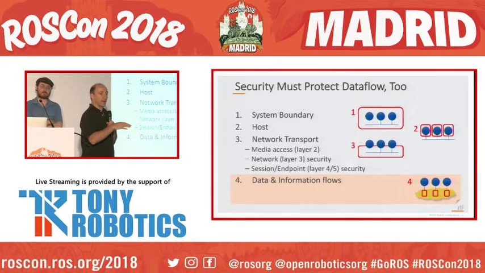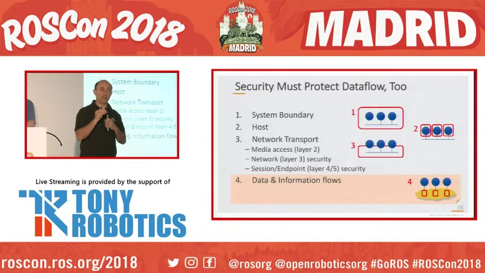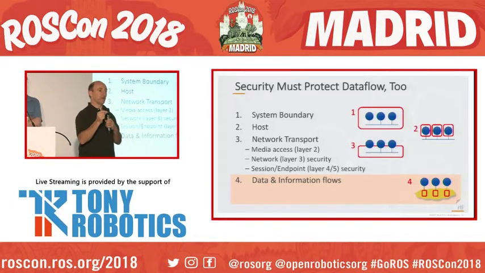Once you are inside the network, what DDS is trying to say is that it's not a binary thing, being inside the network or outside the network. Inside the network, any node that produces anything needs to have some identity. It needs to authenticate with other nodes to prove who they are. It needs to show that it has the necessary permissions for every single topic it writes or reads, or every single service it invokes. It is not going to be able to do that just with the global permission of being able to join the network, right? And that's very important, because escalation of privileges is one of the most subtle attacks